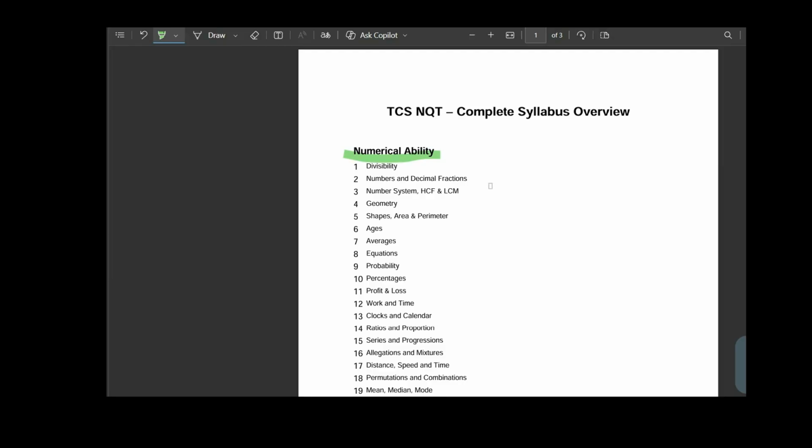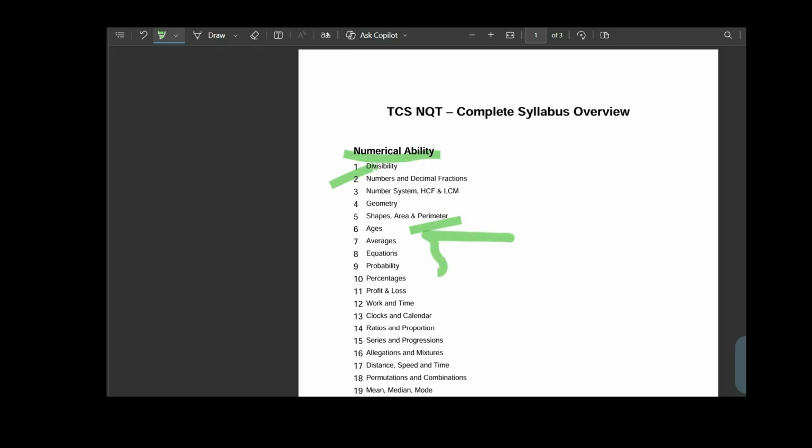The questions are generally based on fundamental mathematical concepts such as number systems, divisibility rules, decimal fractions, HCF and LCM, and basic geometry concepts like shapes, area, and perimeter. You may also encounter problems related to ages, averages,